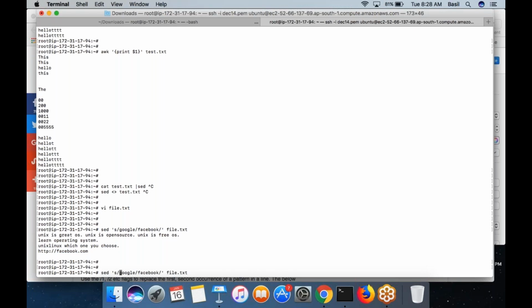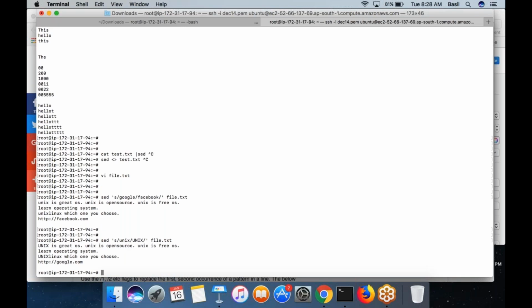Or you want to replace Unix with maybe capital UNIX. The small Unix I want to replace with the capital UNIX. And you can see it is replaced here in the first occurrence.